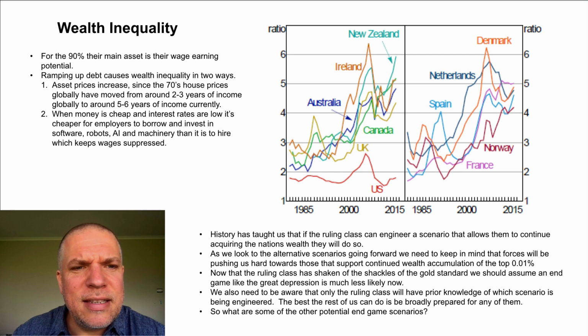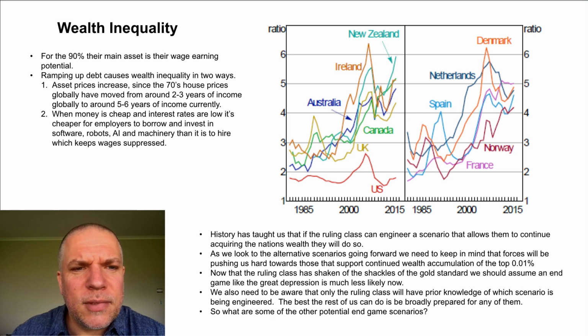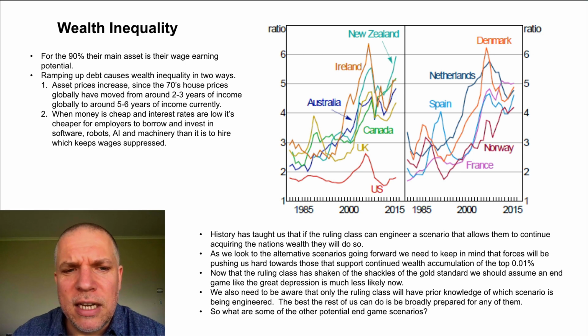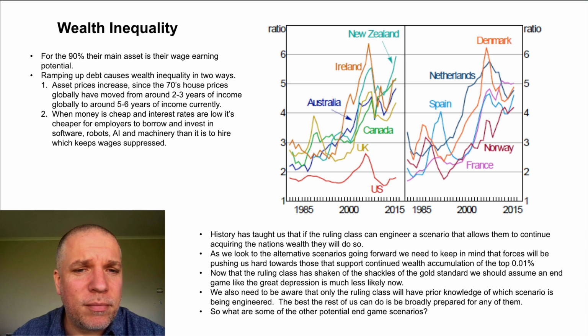So this increase in debt we're seeing, this parabolic increase in debt, erodes the wage earners' purchasing power in two ways. First of all, obviously through asset prices increasing, like we're showing here. Asset prices get increasingly out of reach. But the other, less subtle way is that as debt gets higher and higher, central banks have to keep rates lower and lower to make it maintainable, to keep the interest payments affordable on that debt.